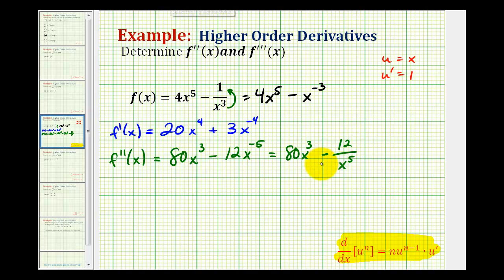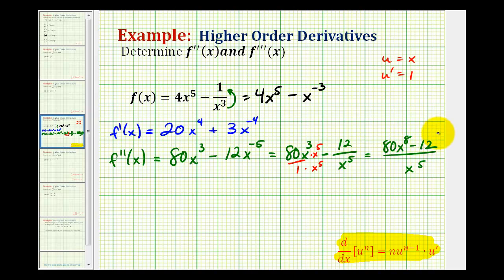Now these terms are simplified, so we could leave it in this form, but sometimes you'll see some textbooks combine these two terms by obtaining a common denominator, in this case of x to the fifth. So if we do that, we'd multiply both the denominator and the numerator by x to the fifth. So now we'd have a common denominator of x to the fifth, and our numerator would be 80x to the eighth